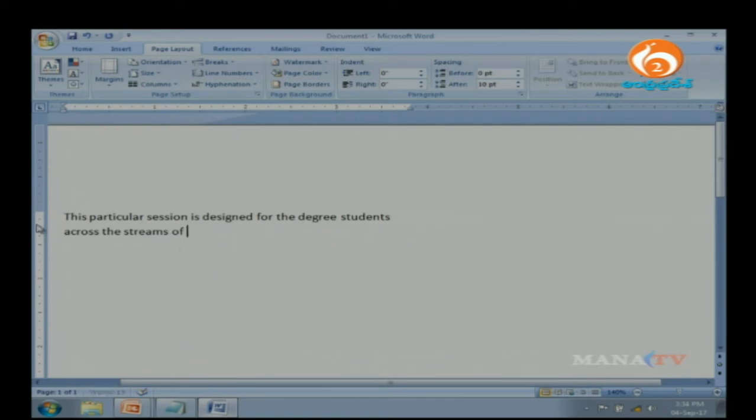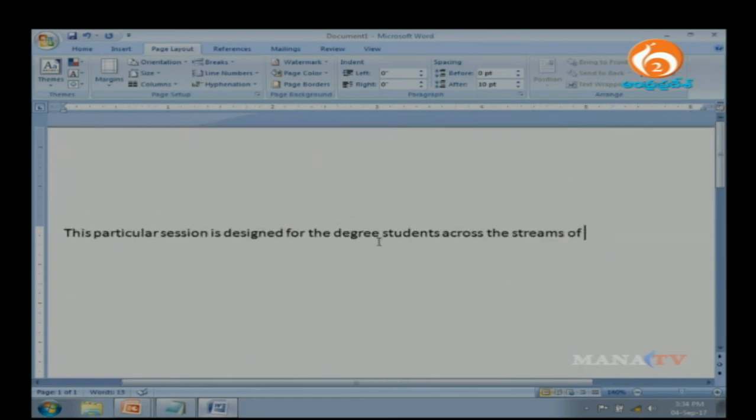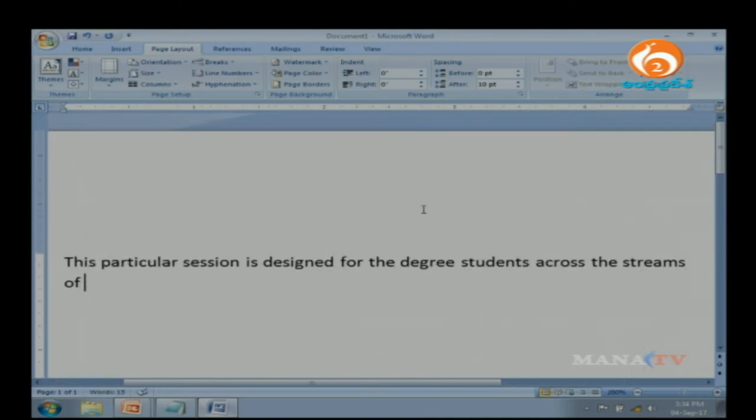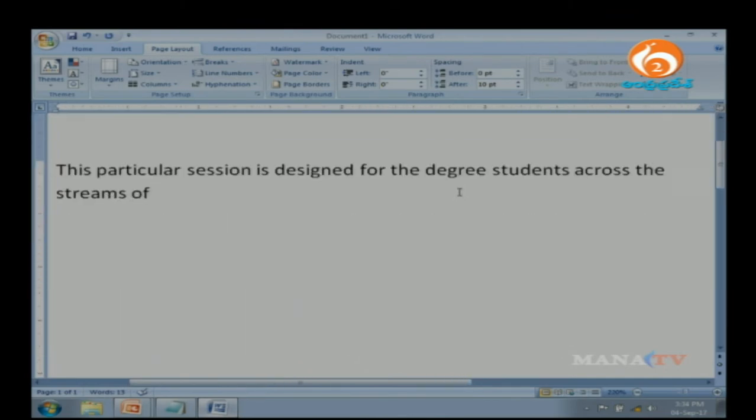Now the reason it's coming to the next line is because I have limited it here. Let me expand this a little more. I want to zoom it. The reason I brought it closer is so that you can see it clearly when I zoom. I hope this is visible to all of you. I could have used a pre-typed paragraph, but I'm not going to do that. I'm going to tell you how to type effectively on a Word document, and I also want to show you certain automated features. This particular session is designed for the degree students across the streams of